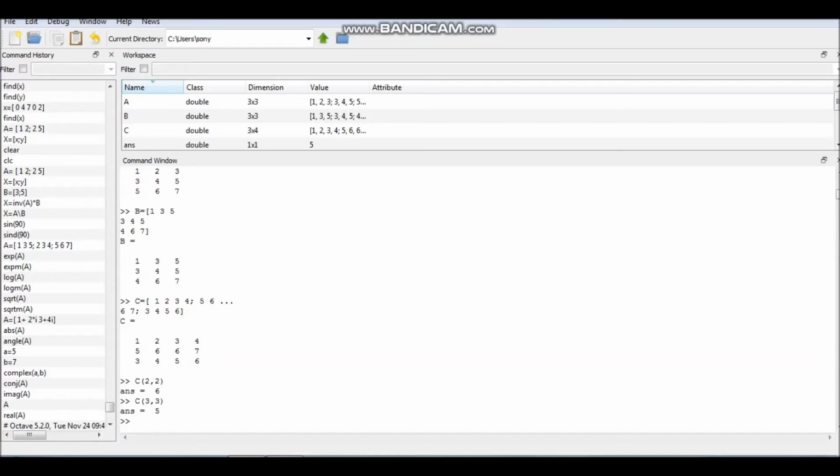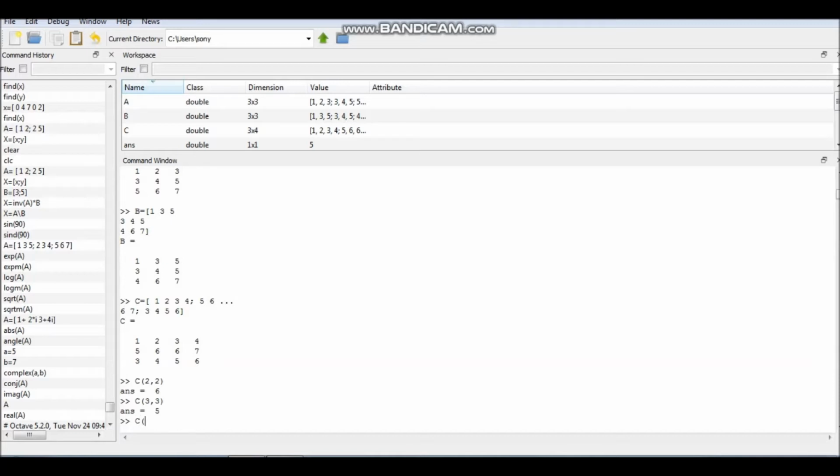Now next thing is how to extract a particular submatrix from a matrix. So if I want to extract this submatrix 6 7 5 6, then what command will I give? C, this is, you can see, second row and third row.